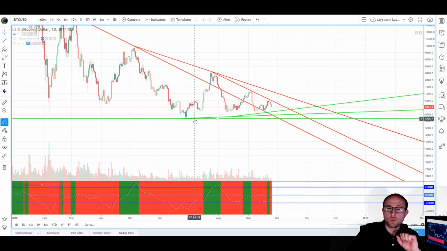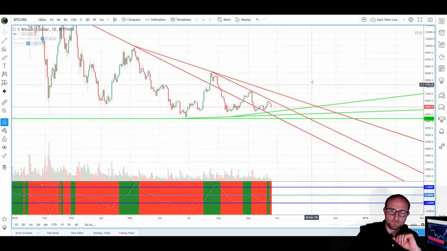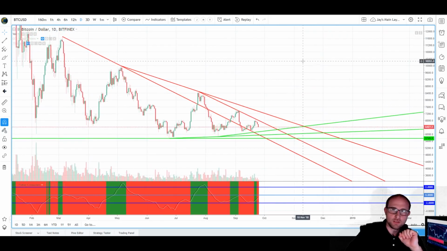Let's see here. So our recent low, our lowest low, is about the low 5700s. I think we're going to see a nice spike below that, is what I'd really like to see. And I will be buying that dip like it was going out of style if that happens. I'll be buying that under 5700 dip like it was the last opportunity to buy Bitcoin. And then I think we're going to see an immediate reversal to the upside.